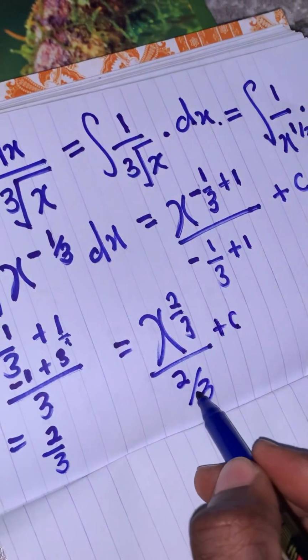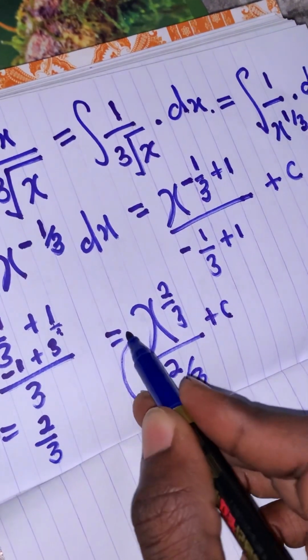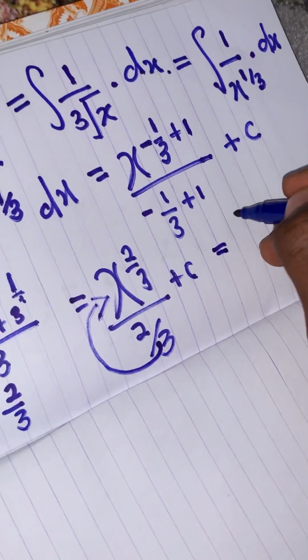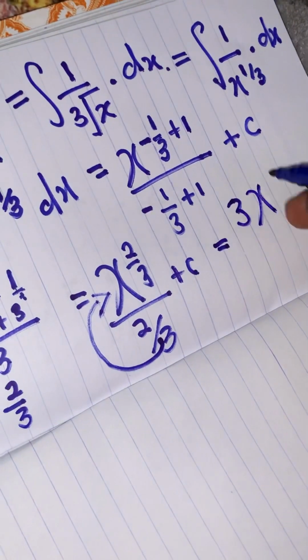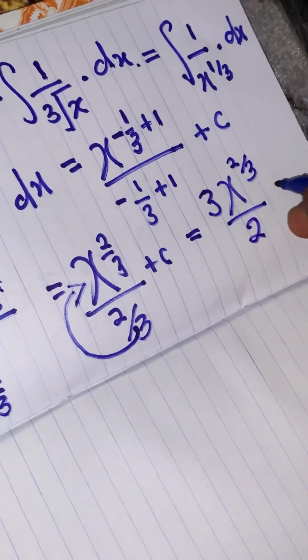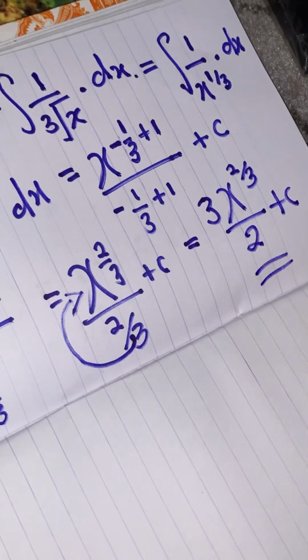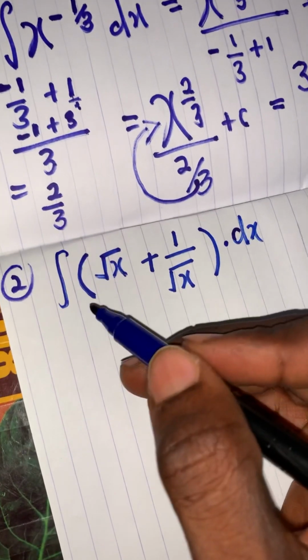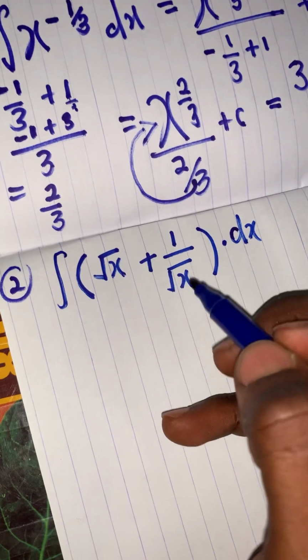So we can now multiply this 3 with x. This would be equal to 3x power 2 by 3 divided by 2 plus c. Very simple. All right, question number 2 is given as integral of root of x plus 1 divided by root